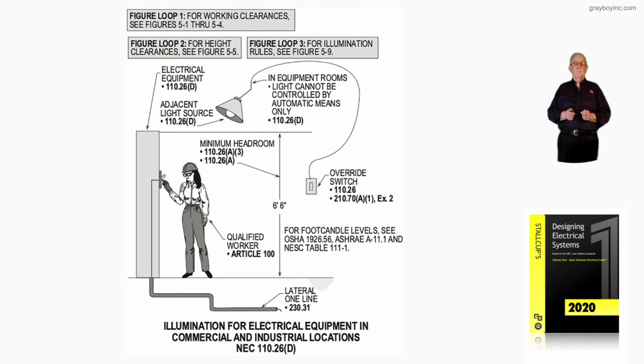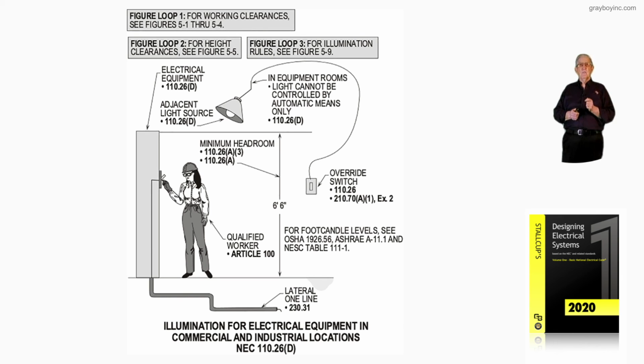Now, notice an adjacent lighting fixture that will provide the amount of illumination to service the equipment, switch, and be able to identify the switching means and that kind of thing is okay. And that's what's stated. It says in equipment rooms, light cannot be controlled by an automatic means only in 110.26(D). You have to have an override switch that you see that would meet 110.26 as well as